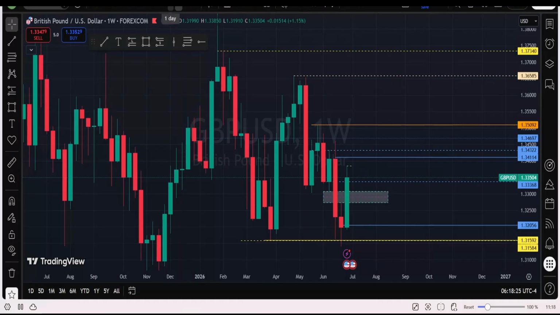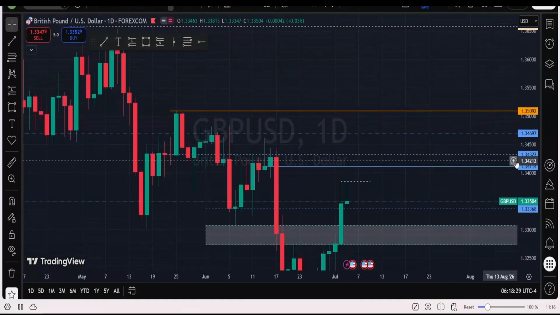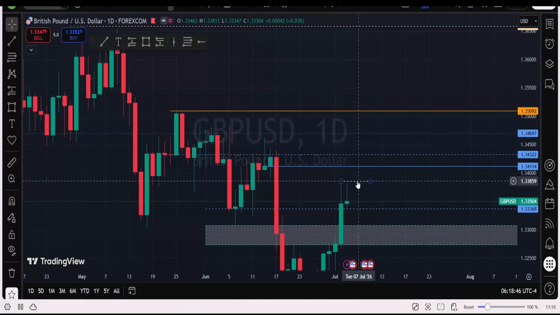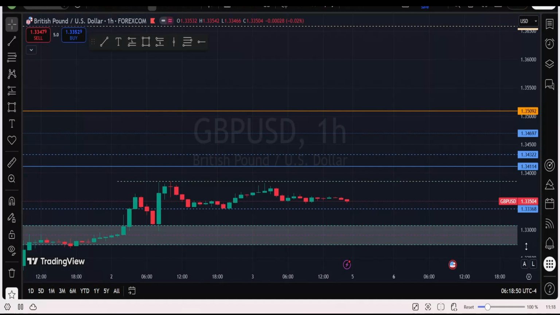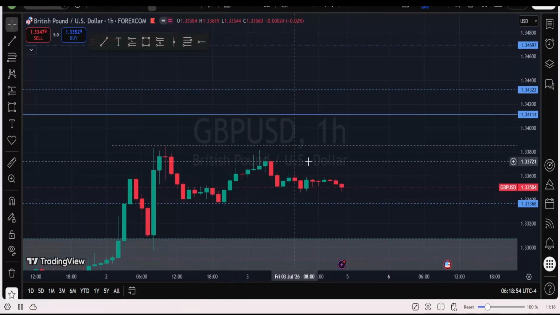So let's drop to the daily time frame. This is what we had on the daily time frame. Like we said, price surpassed an order block on the weekly time frame, traded to this level, and then completely closed this gap on the daily time frame, which is a good one for us. So price might get to this level first, which is a level on the lower time frame. We are looking at liquidity to be run. Yes, price is at a key level where we would expect price to sell.